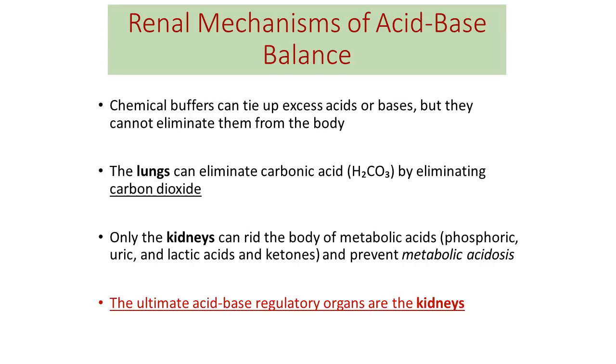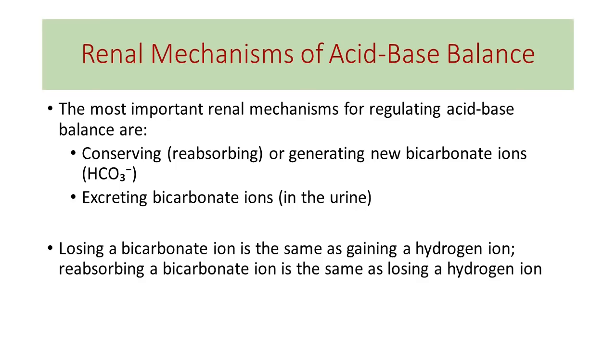So only the kidneys have the power to actually excrete or get rid of these acids from the body. So the ultimate acid-base regulatory organs are the kidneys. The mechanisms that the kidneys have for neutralizing acids, getting rid of acids, are extremely powerful. When we look at the kidneys' abilities to regulate acid-base balance, the most important renal mechanisms for regulating